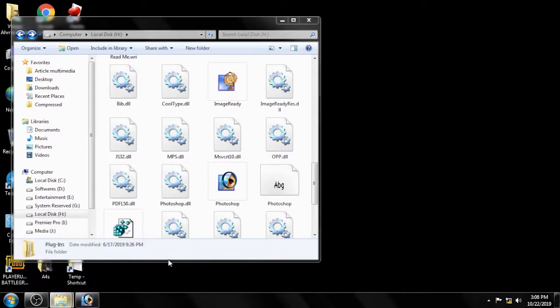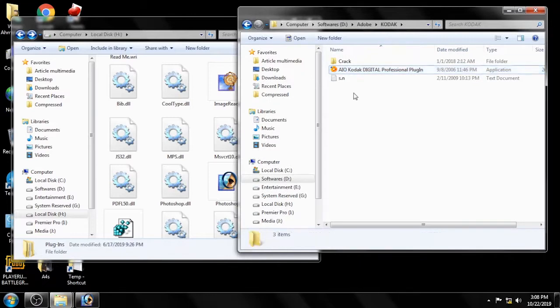I have already installed Photoshop. So what am I gonna do? I will open this folder. The link is given below in the description. You guys can download it. So I will run the setup,